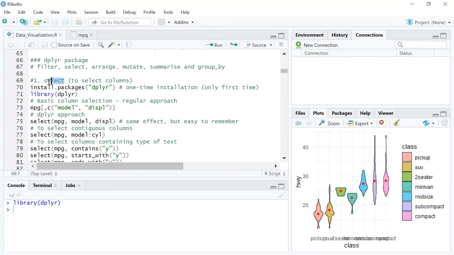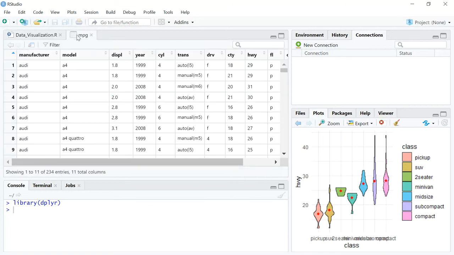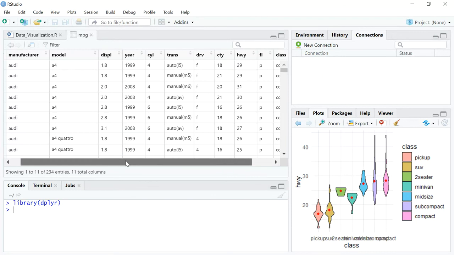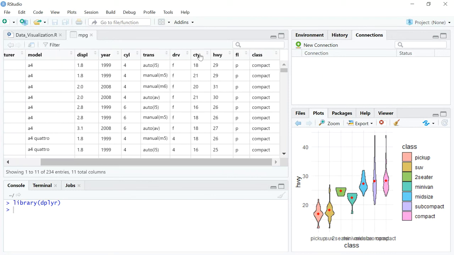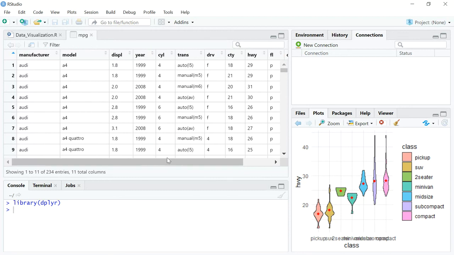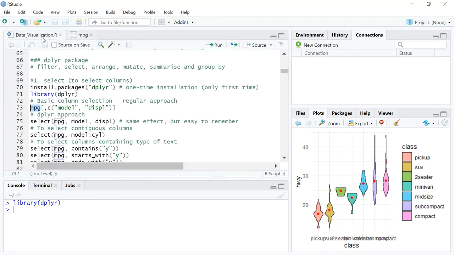What we are now trying to do is use the select function, which is the first one that we are going to discuss in this package. Before we get into the dplyr mode, we'll just see how it's usually done in regular R, right? So you call the dataset, and we have looked at the MPG dataset earlier. It's a dataset with all car manufacturers, and there are different attributes like city miles, highway miles, fuel type, and the type of cars, compact, subcompact, and so on, the year of manufacture, cylinders and all. Right, so this is the same dataset that we'll be using for this video as well.